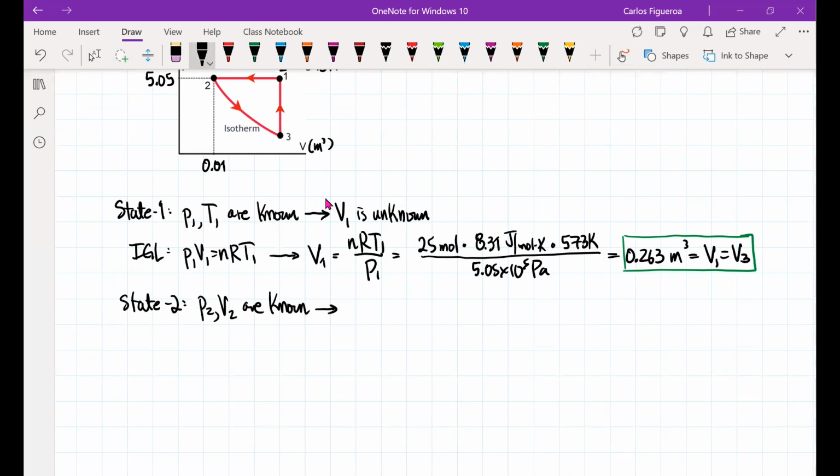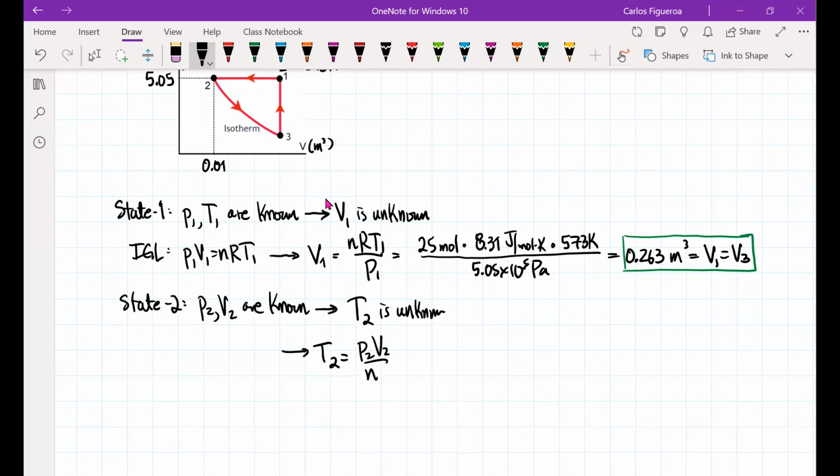So then that tells me it's the temperature that I don't know. But according to the ideal gas law, I could now just solve the ideal gas law for this. So then the ideal gas law just tells me what? That the temperature at 2 must be